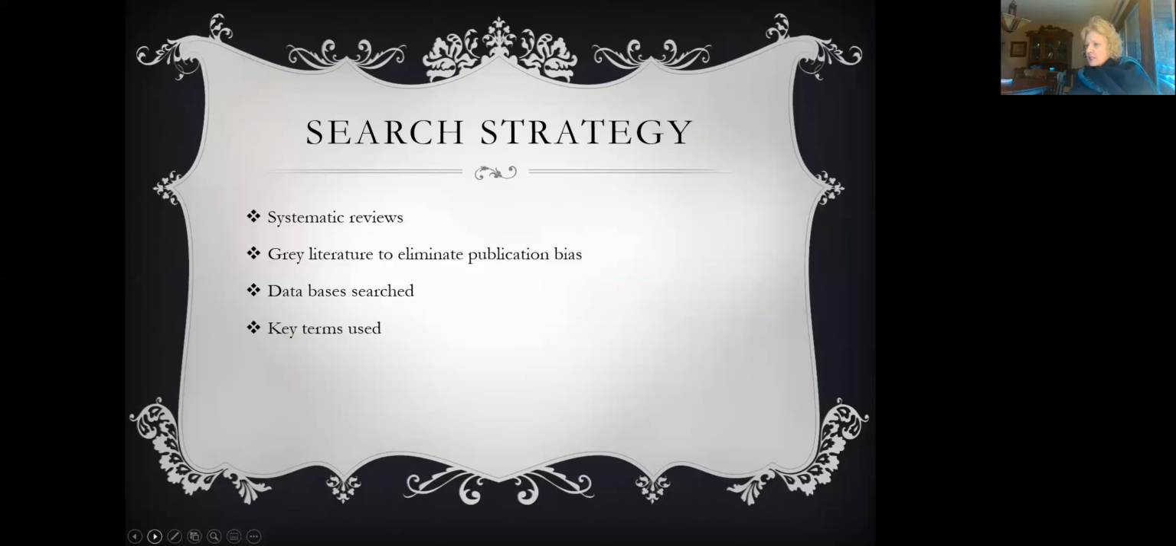So your search strategy, you're going to do a thorough literature search, and as I've said, you'll work with a librarian to make sure you get everything. You also want to include any systematic reviews that have been done on this topic. If there's already been a systematic review published in 2020 on this, and it's pretty complete and thorough, and you don't feel like you know of anything missing,